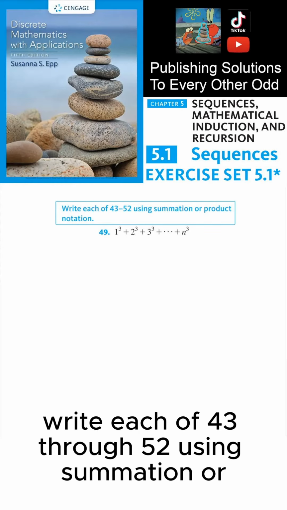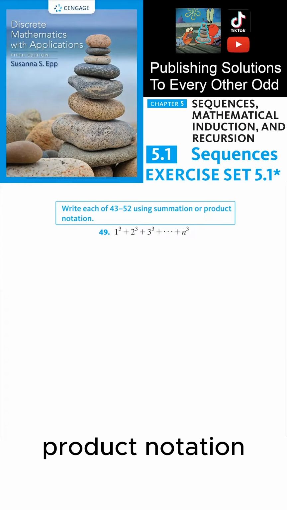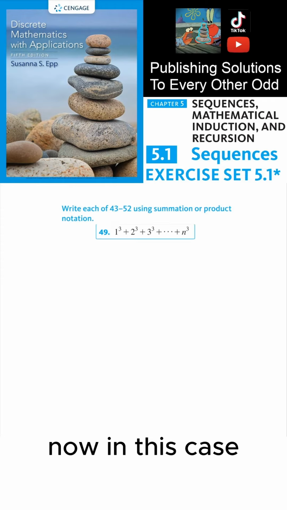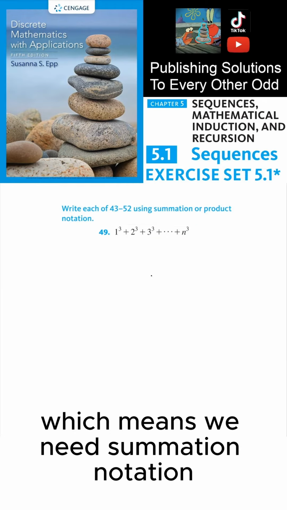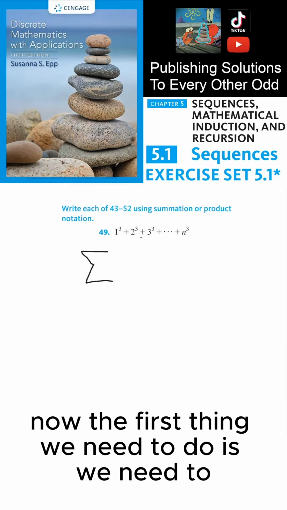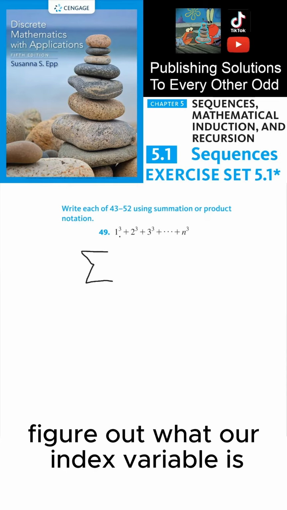Write each of 43 through 52 using summation or product notation. Now in this case, we're adding up terms, which means we need summation notation. Now the first thing we need to do is figure out what our index variable is and